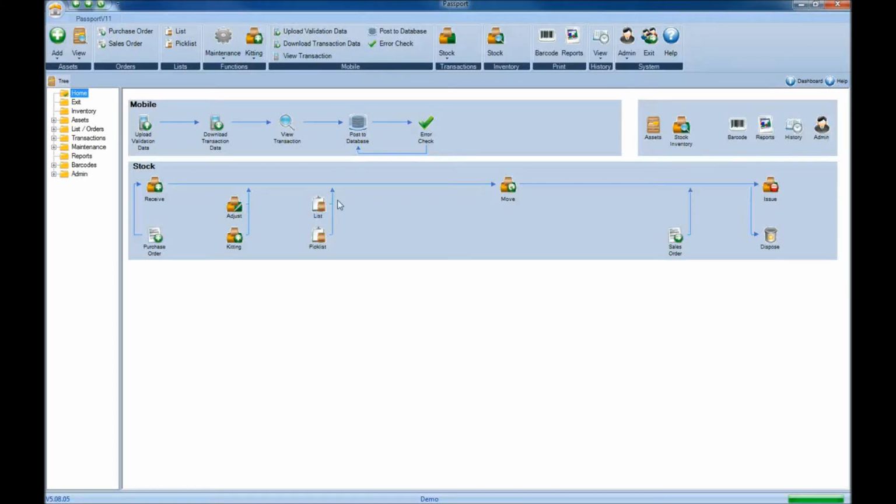Creating an inventory list will allow you to specify multiple inventory items on a single list that you can pull from inventory to either move or issue out. To begin creating a list, you can start by either coming up to the lifecycle and choosing the list icon,